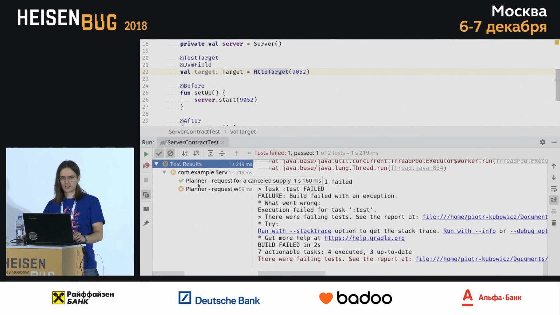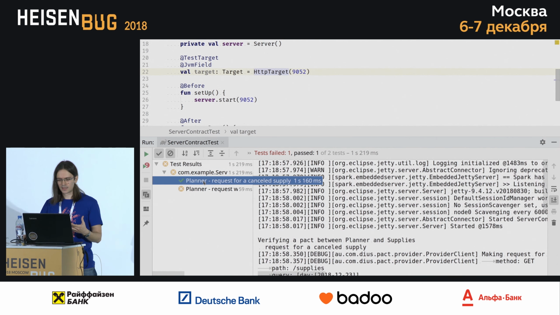Two test cases. So on the consumer side, we had 4 methods, but they were creating 2 test cases, and I also have 2 test cases on the provider side. One case, this one with 1 cancelled supply, passes. So what happens here